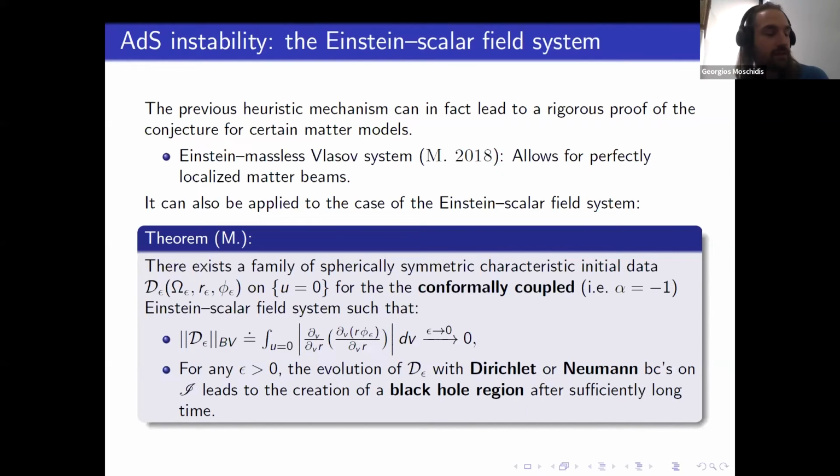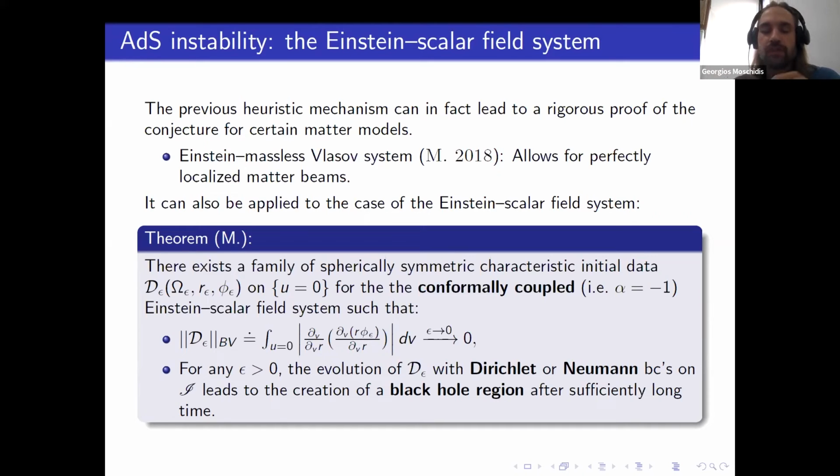And my claim is that actually these heuristics that I told you about so far can actually be turned into a rigorous proof of the ADS instability conjecture. In fact, I have already utilized such a mechanism in the case of the Einstein-Maxwell-Vlasov system back in 2018. That's also a system that I studied under spherical symmetry. The advantage of that system was that the Vlasov